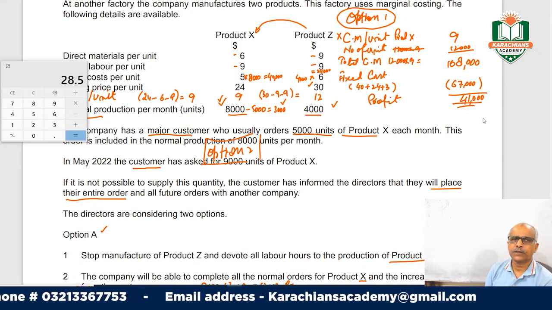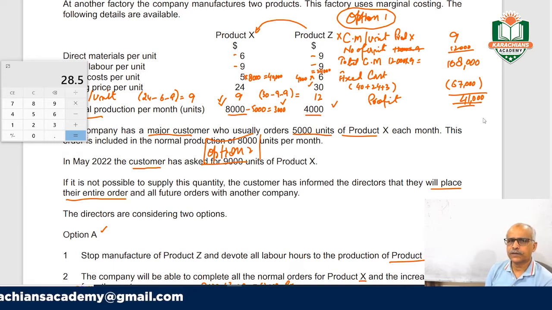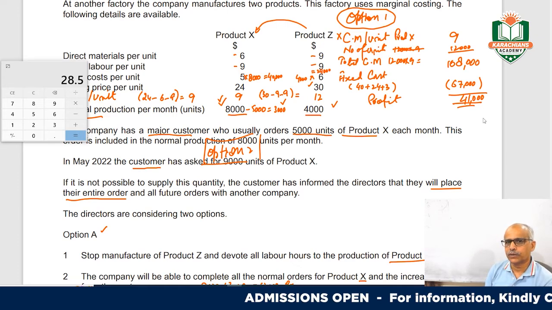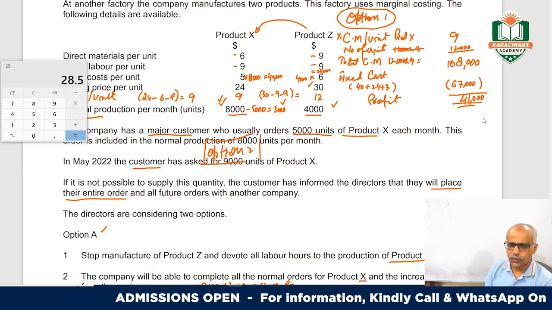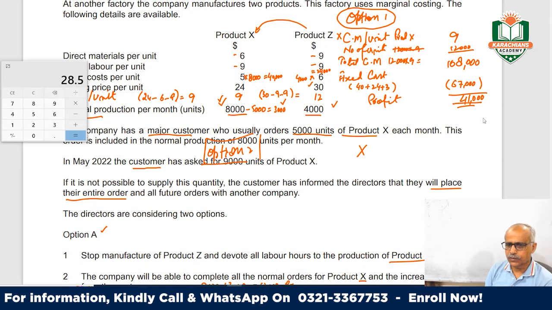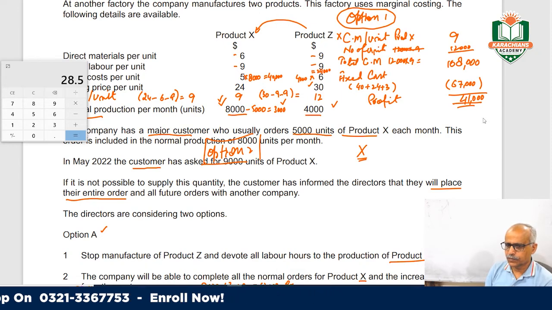They are reducing the price of product X by 5%, so that they can attract more customers, because customer A with a bigger order of 5,000 units will not be there. So in option number 2, we can see this is product X and product Y,